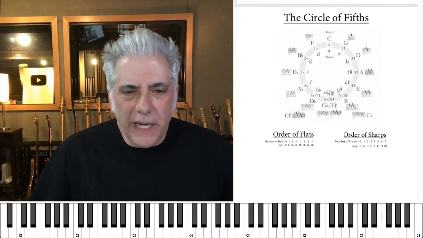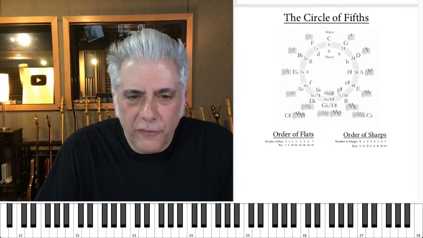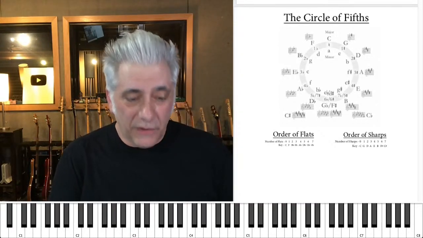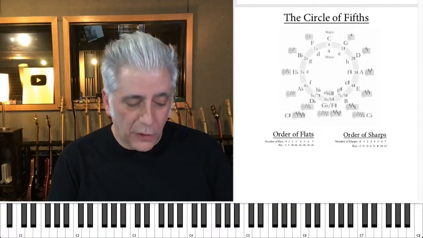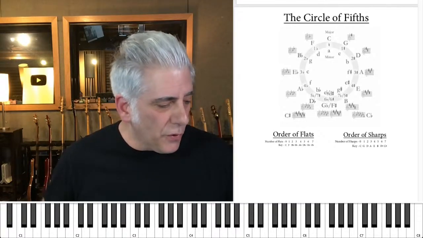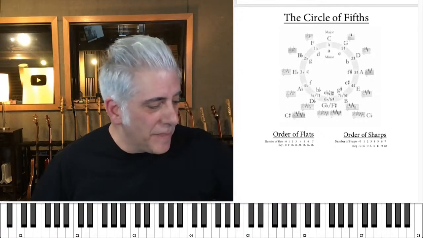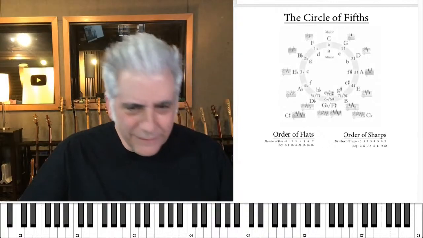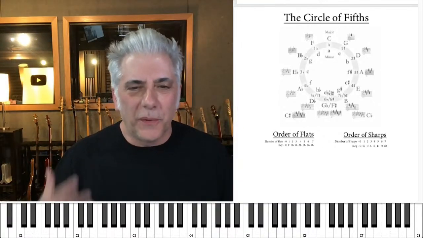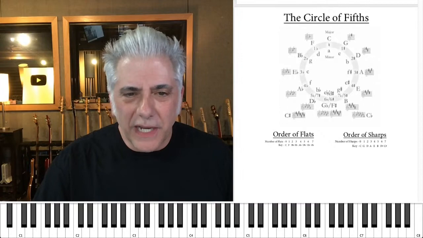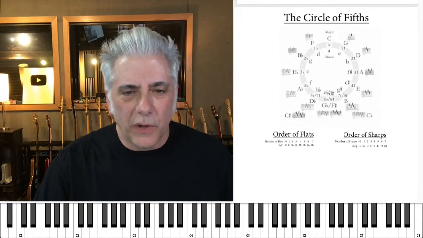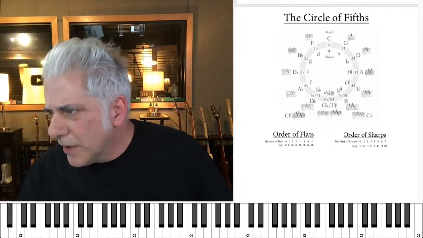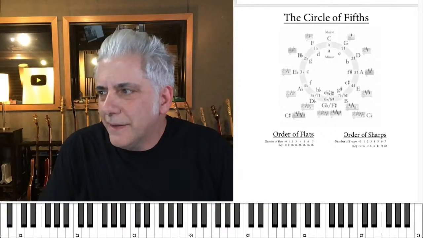So what does this mean? You have your order of sharps, order of flats right under here. Now, there are little mnemonic devices to learn these, okay? The order of flats, this is Billy's. He told me this one. He thinks this is the easiest one to remember. The order of flats. So flats always go in the same order. So if you look at the key of B flat, it has 2 flats. Well, if you just take the first 2 flats in the order of flats, you have B flat and E